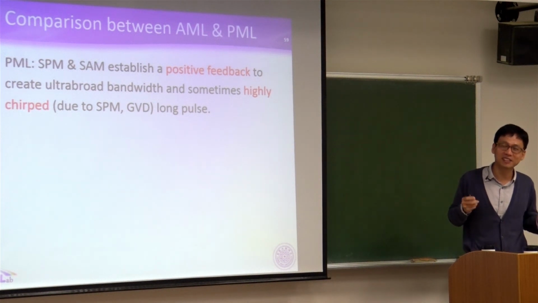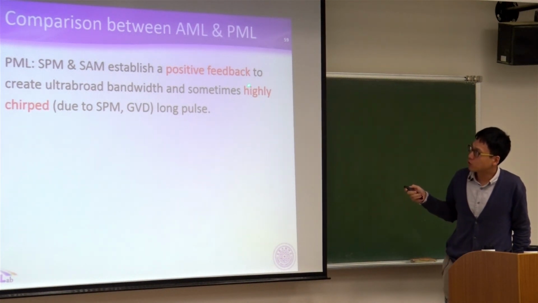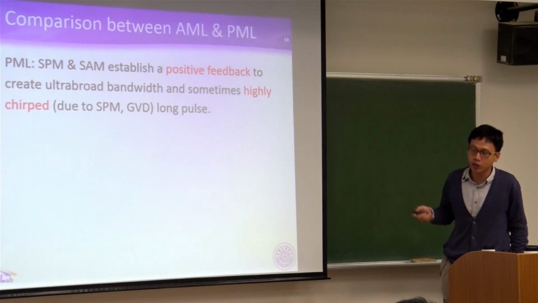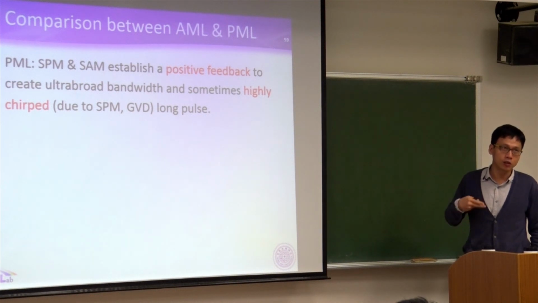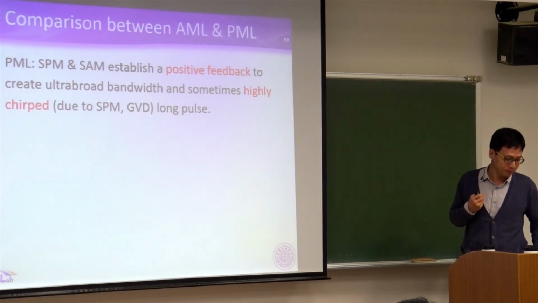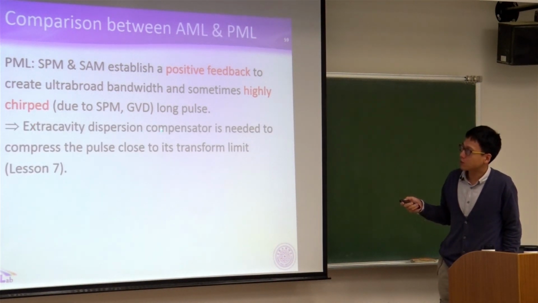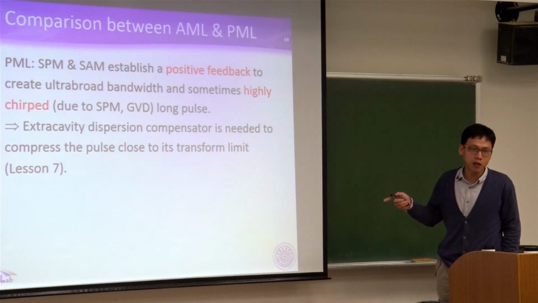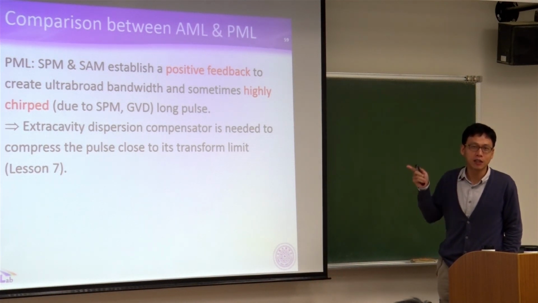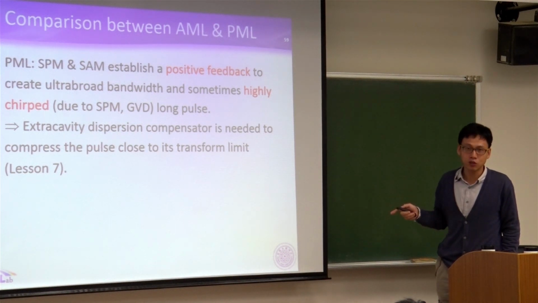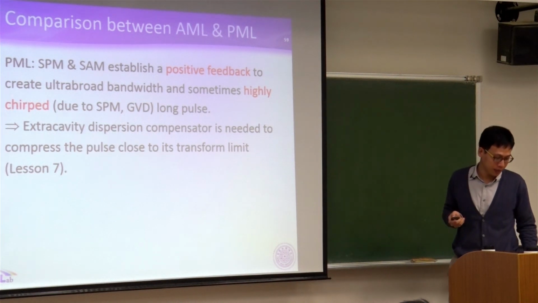until the spectrum might be limited by your gain bandwidth. It will stop. Okay. And the output pulse is usually highly chirped because inside your cavity you have self-phase modulation, you have group velocity dispersion. They will incur chirp. Okay. So extra cavity dispersion compensator is usually needed to compress the pulse close to its transform limit. 所以就是你出来的脉冲还有压缩的可能，因为它带有 chirp， 只要你能补偿这个 chirp， 你就可以得到更窄的脉冲。